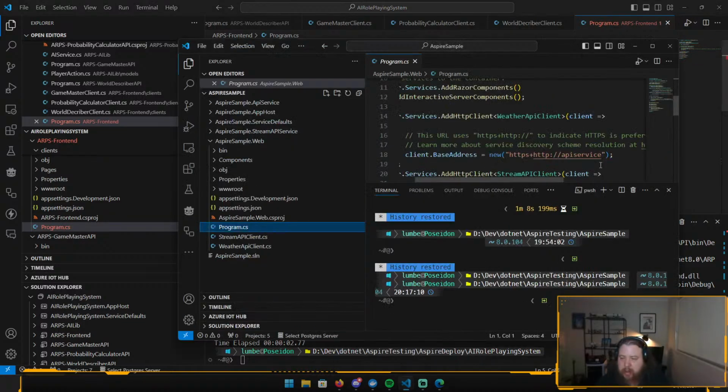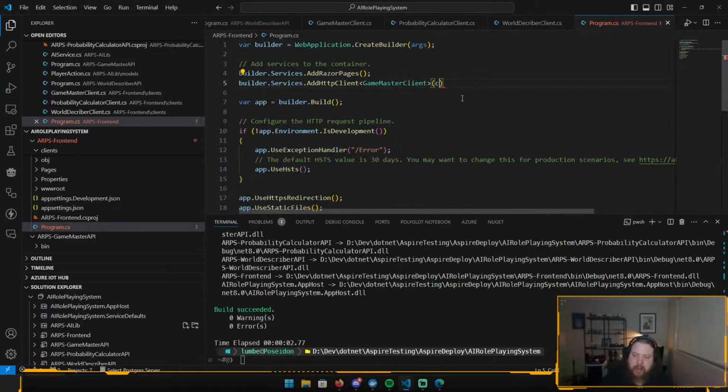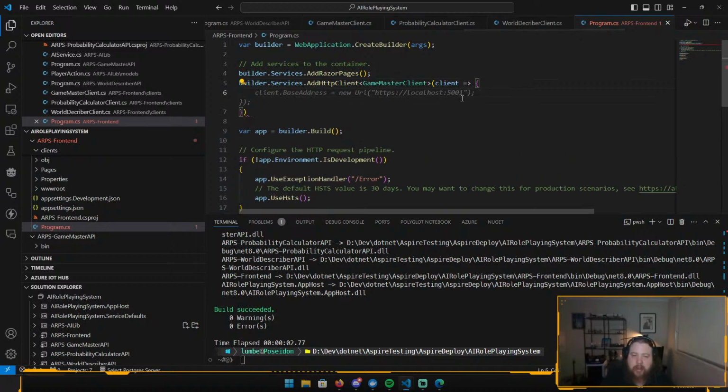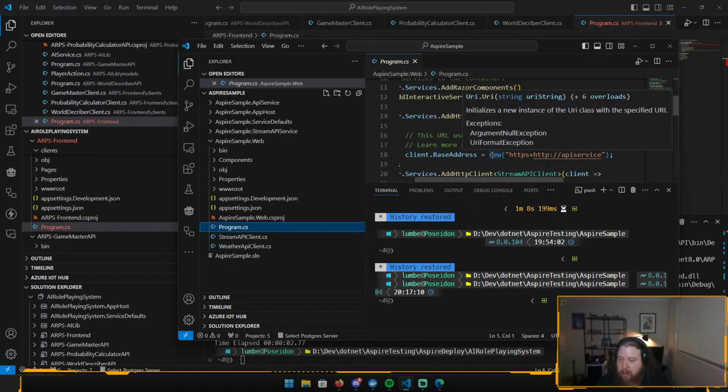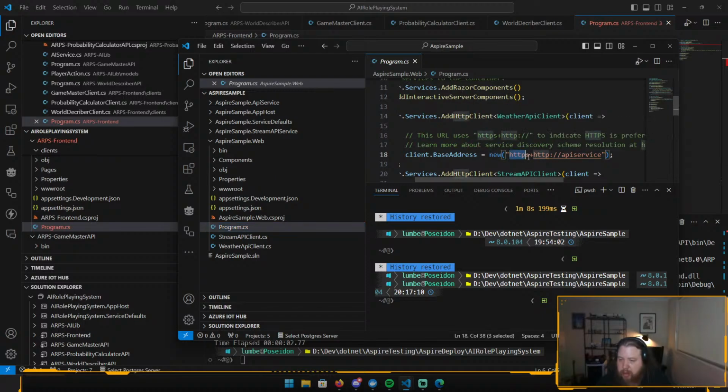Sorry, I keep bouncing back. It is just client base address. So client base address equals. Now this is where it changed. It just says new